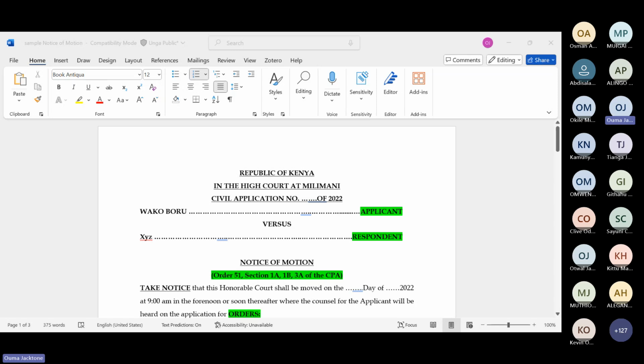Why can't that happen? Why can't you apply for Anton Piller in respect to the county government of Bomet, for instance, Bishar?